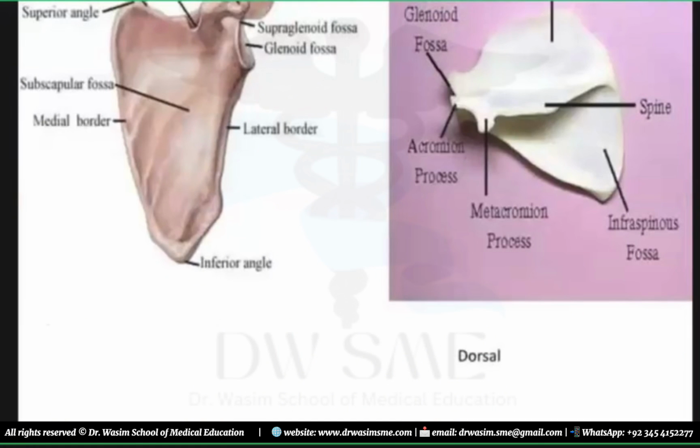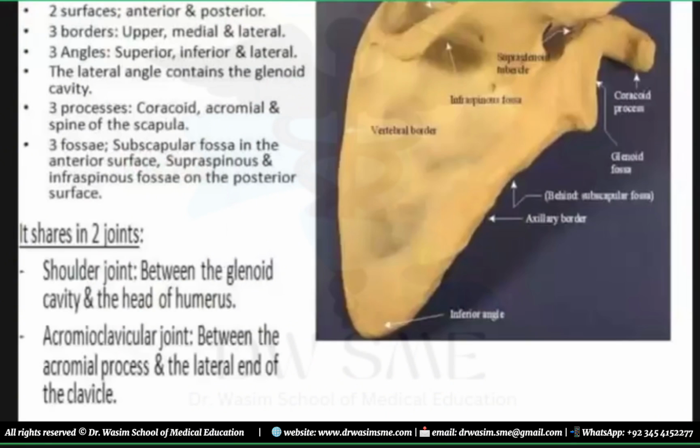The important thing is that from the subscapular fossa arises the subscapularis muscle, and from the supraspinatus fossa arises the supraspinatus muscle. From the infraspinatus fossa arises the infraspinatus muscle, and from the axillary border lower 2/3 arises the teres minor muscle. So these four muscles are the muscles of rotator cuff, and there is a tip to remember that